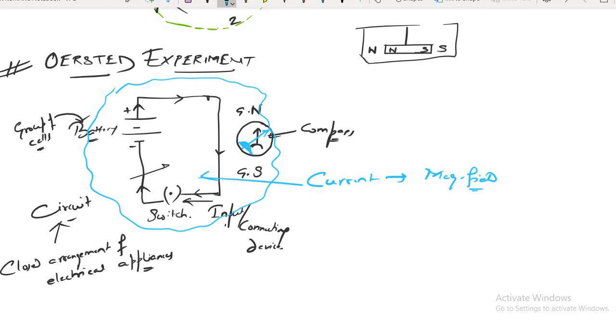Whenever you bring the compass within this magnetic field, what will happen? There will be a deflection, due to the presence of the magnetic field, because this circuit is also behaving like a magnet. This compass is itself a magnet. That means the magnet will attract or repel, maybe attraction or maybe repulsion. Depending upon the direction of attraction and repulsion, the compass needle will deflect. Understood? What am I trying to say?